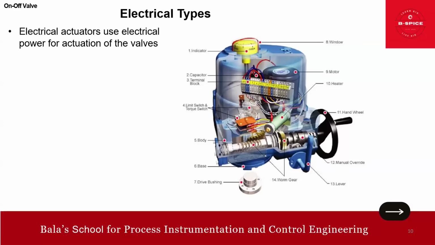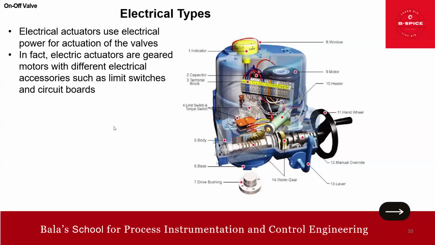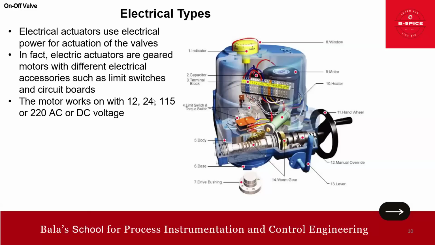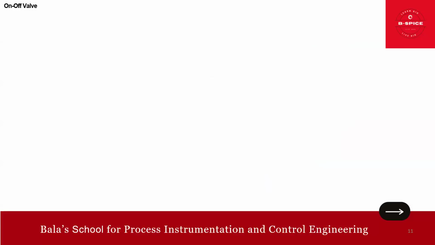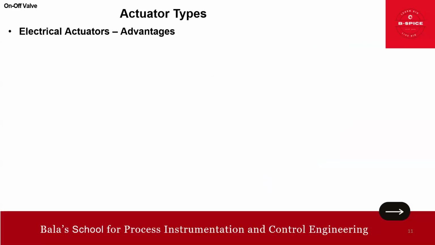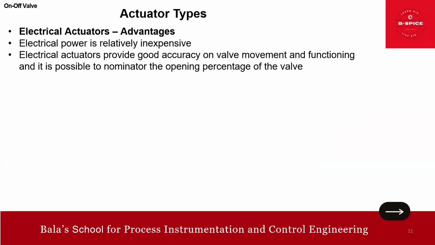So electrical actuators use electrical power, right? This we all know. In fact, an electrical actuator is a geared motor with different electrical accessories such as limit switches, circuit boards, all these. The motor works with 12, 24, 115 or 220 AC or DC voltage. So this is about the electrical type. And I'm also going to talk about advantages. Electrical power is relatively inexpensive, friends, right? Okay. So electrical actuators provide good accuracy on valve movement and functioning, and it is possible to nominate the,